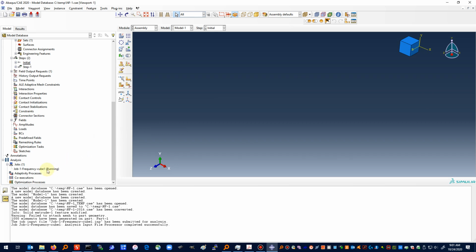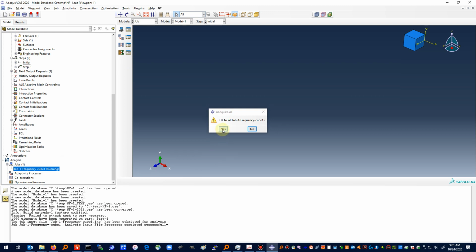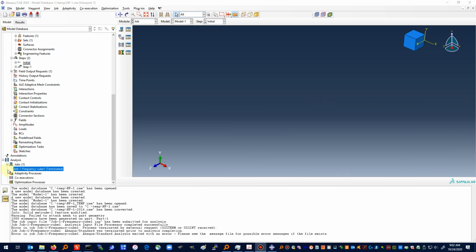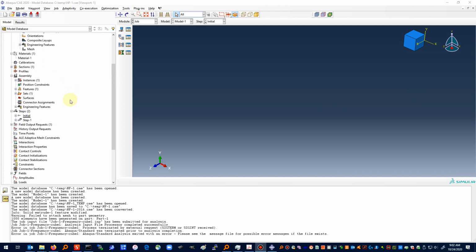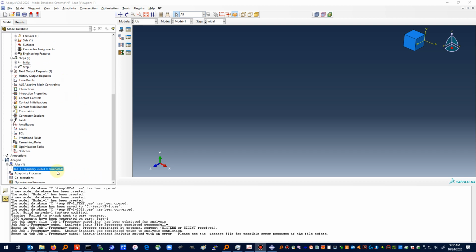All right, let me kill this off, and then I'll try this again. It'll take a second for this process to stop. All right, so that says terminate. So let's go ahead and try this again. Whenever you change the mesh, you need to regenerate the instance. And I had forgotten to do that this time, so now we're going to go ahead and submit it again